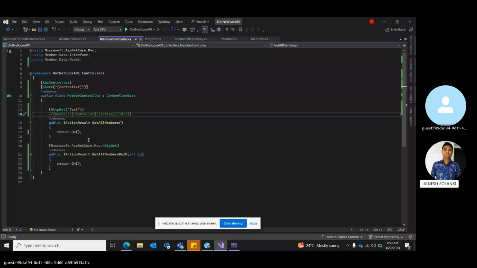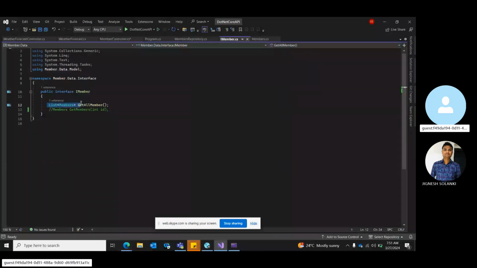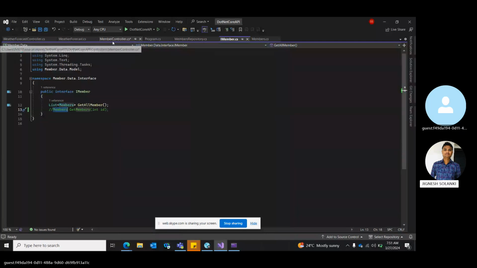Can you see my screen? Yes. So what you are doing here is returning as it is. Instead of returning as it is, see, this get members by ID is returning a single model. That's how we wrote it. The second one returns the member. The first one returns the list of members, but the second one returns a member. So what you should do is